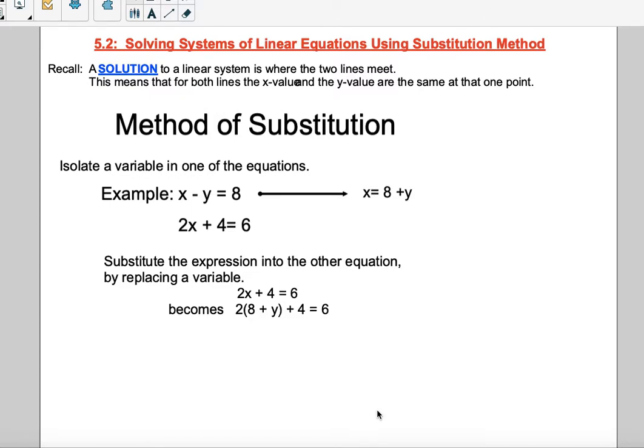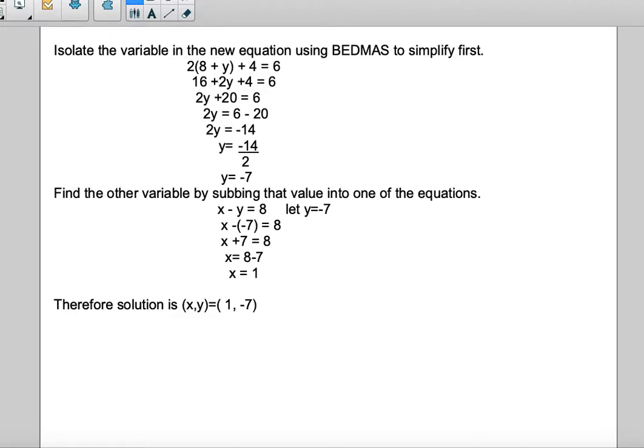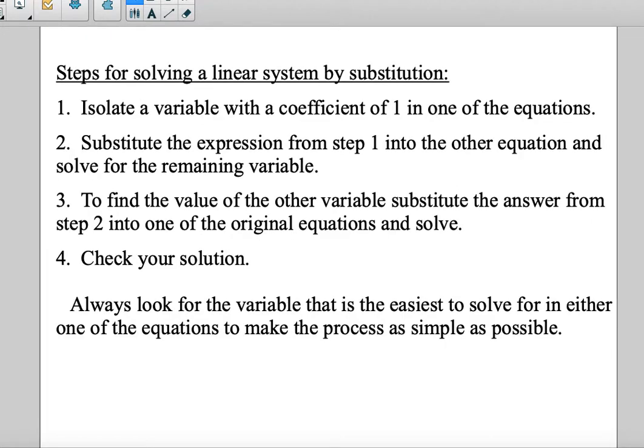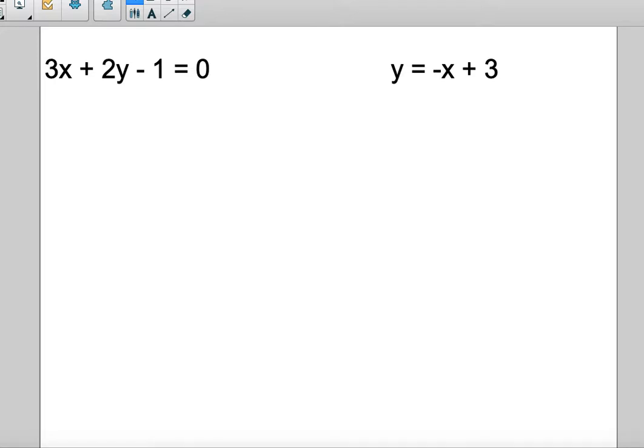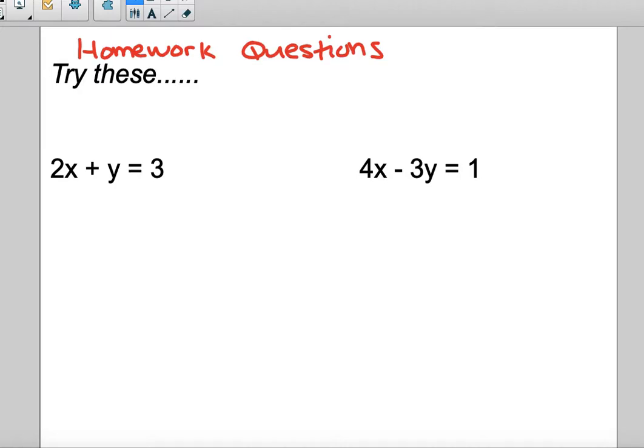Solving systems of linear equations using the substitution method. So on the last lesson, we went through a bunch of slides, started here, worked through a couple examples, went over the rules of solving linear systems, walked through a couple of examples of solving with substitution, and this is where I left you guys. If you had any questions, thank you for sending them. If not, I hope that you are understanding this, and we will continue to move on